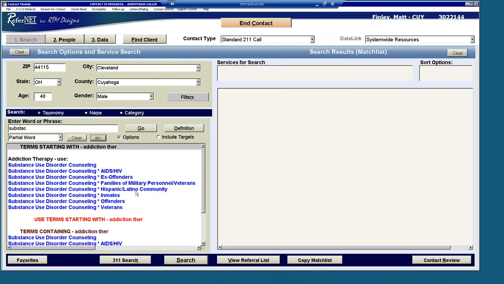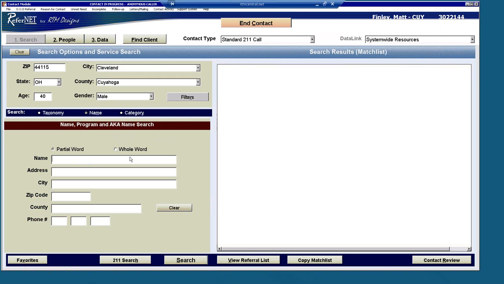Okay, the next bit, which I'm sure will look very familiar to you, is searching by name. You can search by agency or program name, and then address, city, zip. I know frequently, when you use this a lot of the time, and I'm inferring this from interactions I've watched, people will ask about an agency or a site at a specific address, and then you're plugging in that address to see what is there. For this example, I'm just going to use the name. So I'm going to do Salvation Army